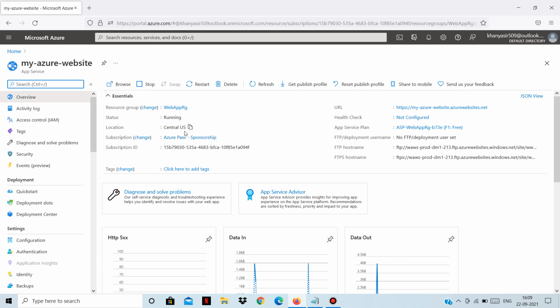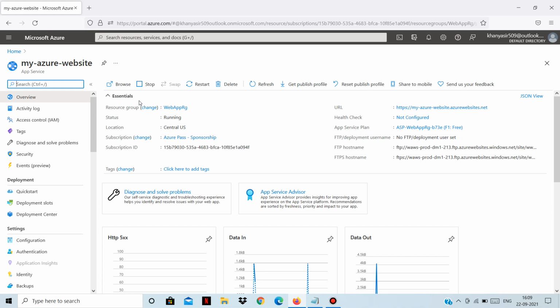It is currently running in the location Central US. It is part of the app service plan. App service plan is nothing but the resource which can be used to provide you the virtual servers so that you can run your web application. Also, you are billed against this app service plan. Based on the plan you choose, you get different features, and based on that, you are billed for your resource. You don't get billed for how many websites you run in a single app service plan.